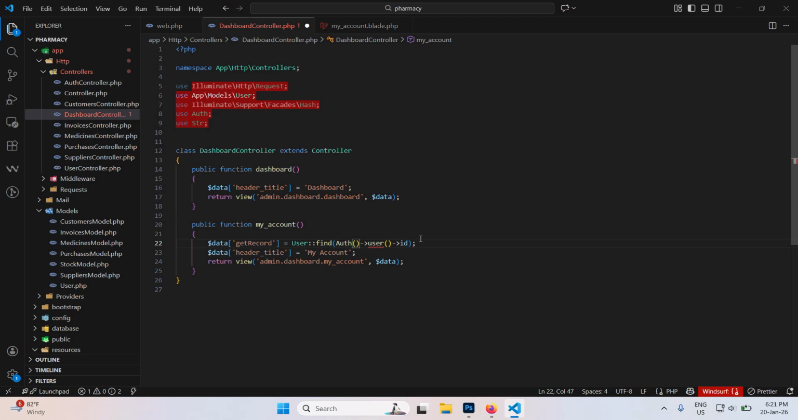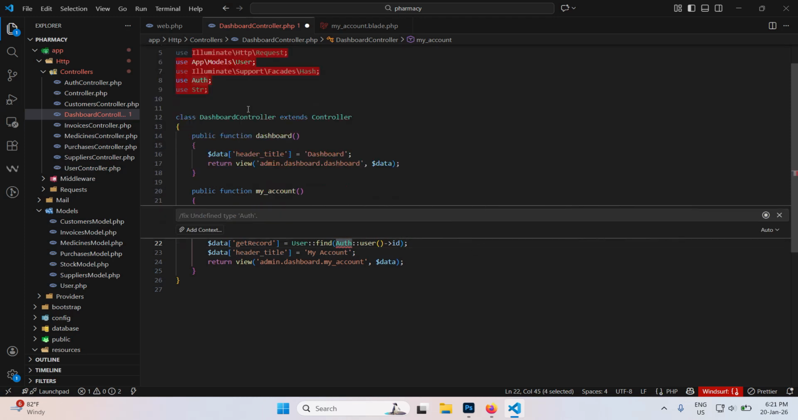Here is auth, so you have to remove this, and we put it as auth like this. We need to use it like this, auth. Let me just fix that. See, you need to just put